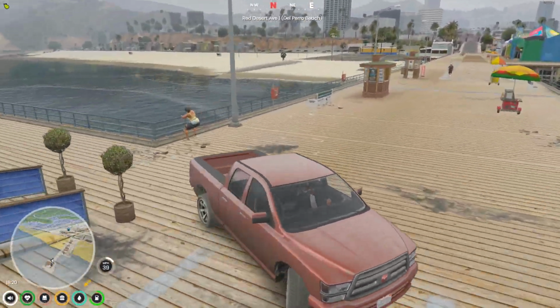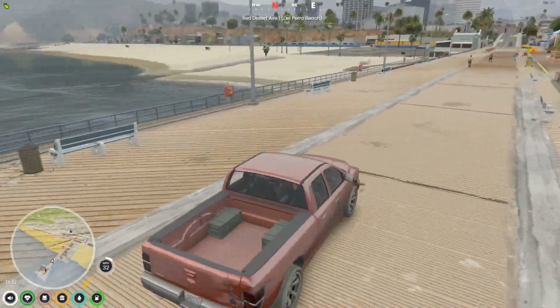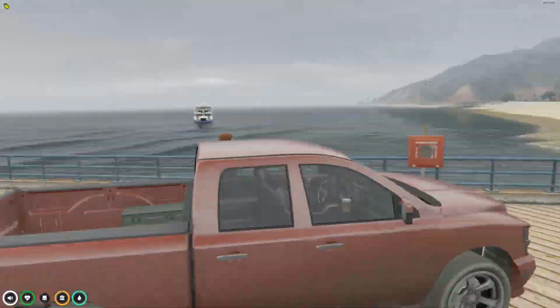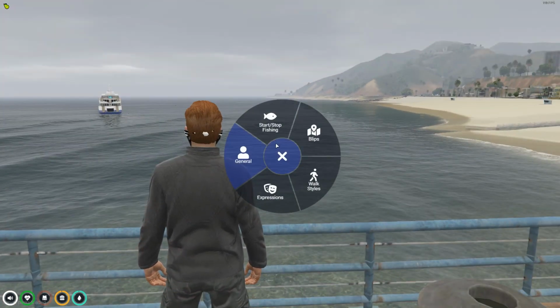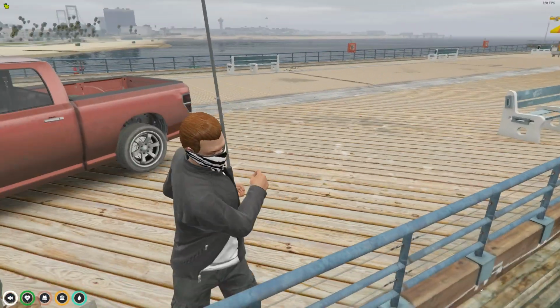So now, since we have our fishing rod and bait, we're able to go anywhere around the whole map that has water. So say for instance there's some water out here, so if we really wanted to, we could come out over to this edge, hold our F1 right here, again F1 to bring up this wheel, go over to start stop fishing, left click on that, and then it will get your fishing rod out and